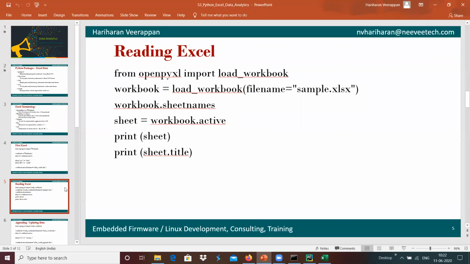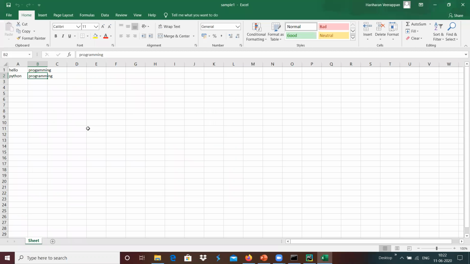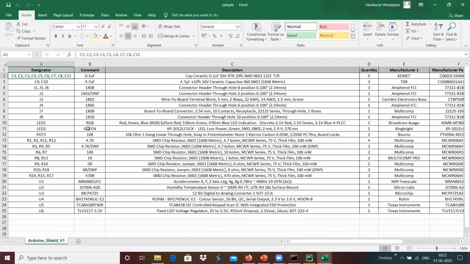I'm having the file called sample.xlsx, which is something like a bill of material for a hardware design, where we want to read each and every column or row of information that we will see over here.